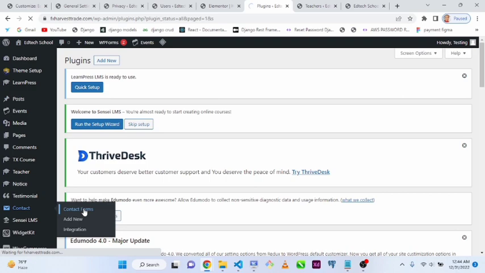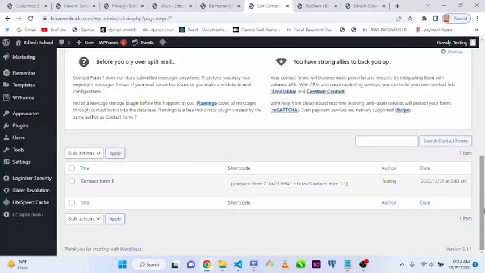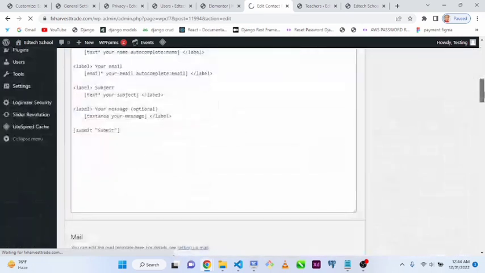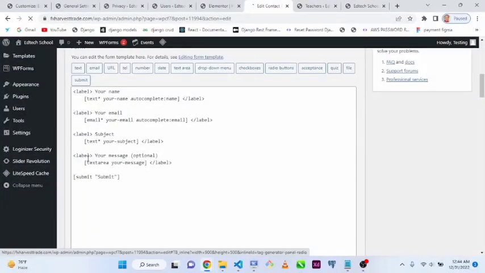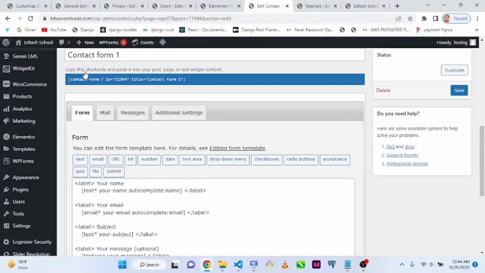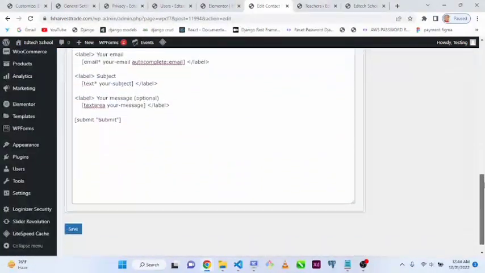Let's see what we have. We may have some demo contact form right there. Okay, we have a demo, and we click edit. I can see the demo right there: your name, your email address, your subject, and your message. So this is the default one. Now if I want to populate this form on my own page where users can see it,